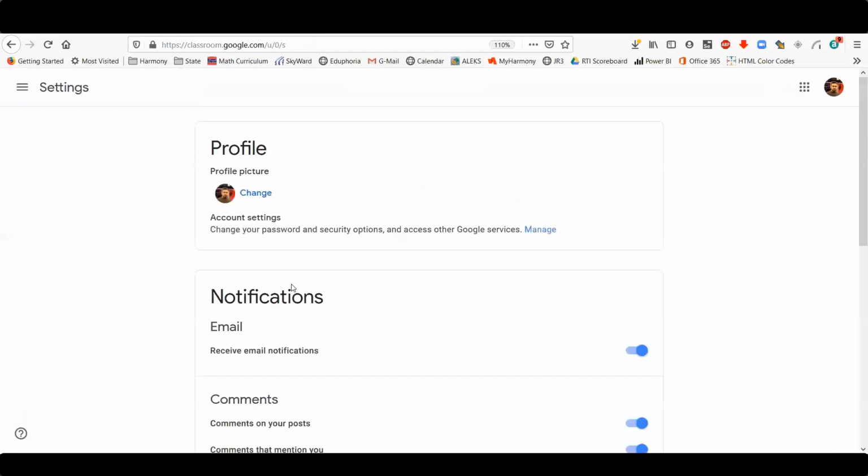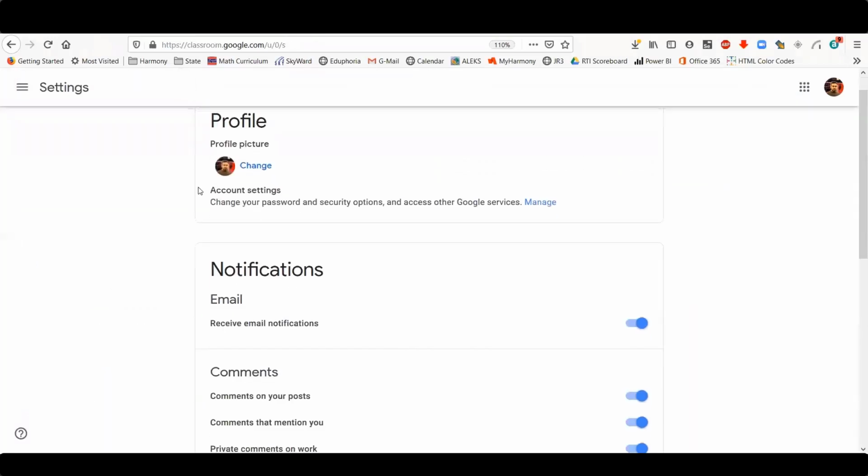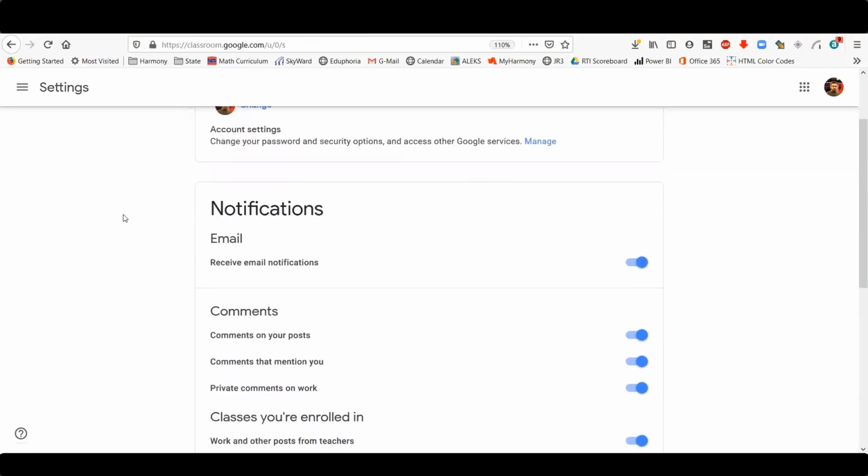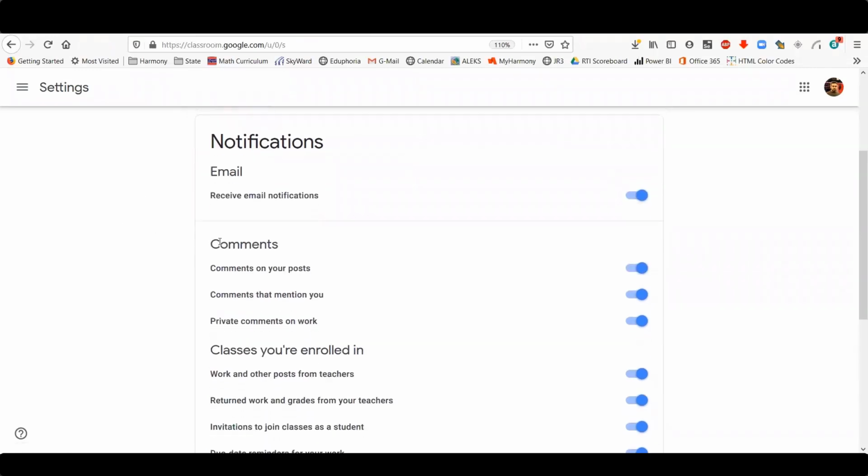Let's click on it and let's see what we have under that. And this is where you change your profile picture or whatever you want to change. And even you can manage under G Suite. This is where you do that. In this settings, there's not many things you can do. It's mainly about notifications, like how you are notified about assignments you assigned or assignments you are assigned as a